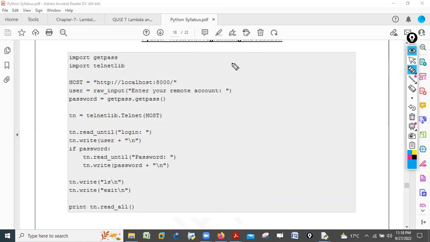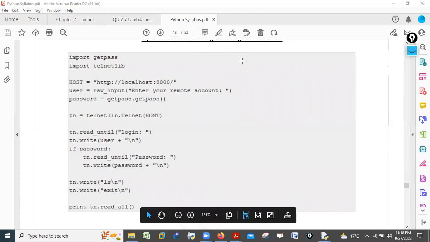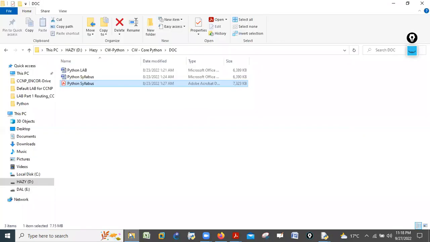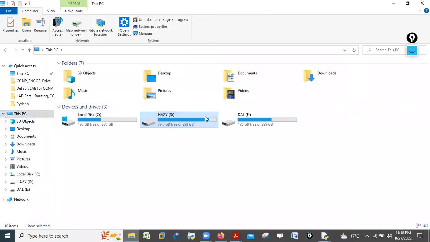So when you are able to understand this program, that means now you are good to go with automation. I will show you the automation program as well. I will show you how you can configure the OSPF routing protocol automatically inside your router.